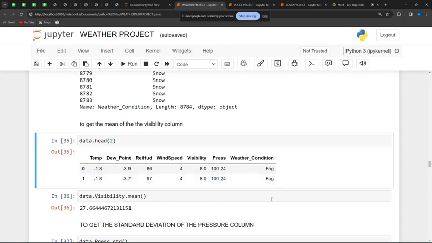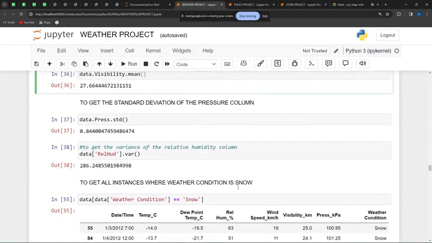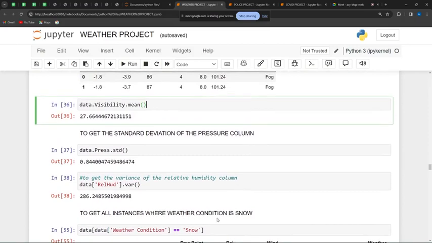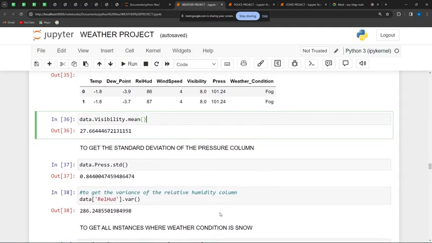I can't hear you. How are we going to do it? Do what? Sorry, I didn't get it. I said we want to get where the weather condition is fog. So how do we write it? I'll skip on. Mrs. Anu, will you help us out? What did you say? When it is fog,